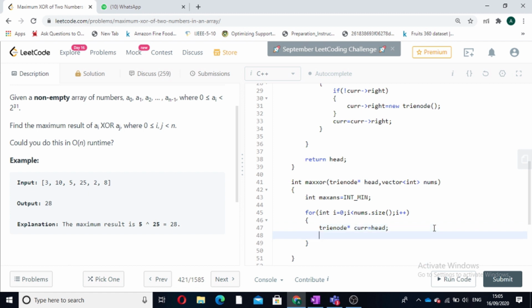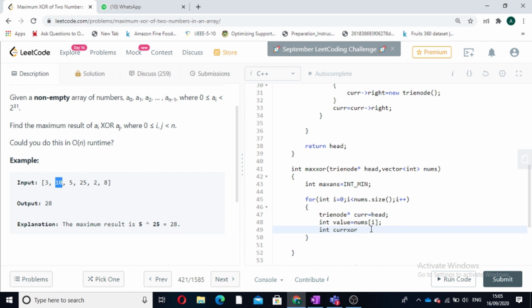Now we will take the value at that index: int value is equal to nums[i]. We will also take a variable, current XOR, which will store the value of the XOR which is possible with the ith value, and it will be compared with the max answer. We will initialize it with 0.